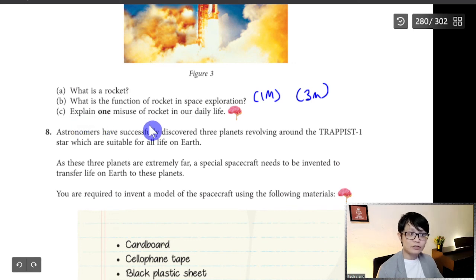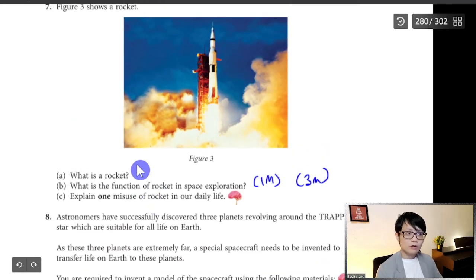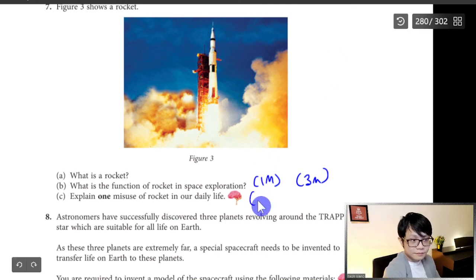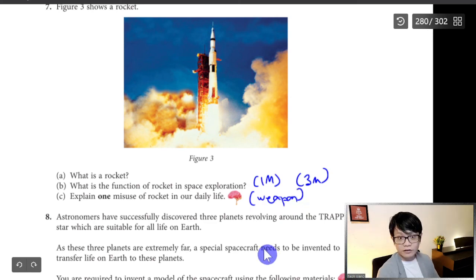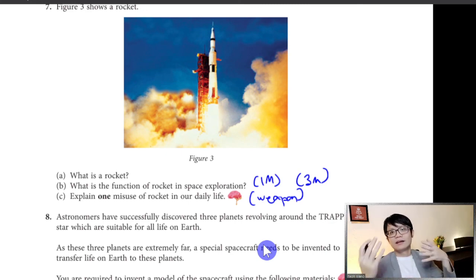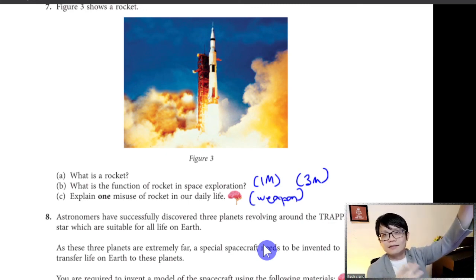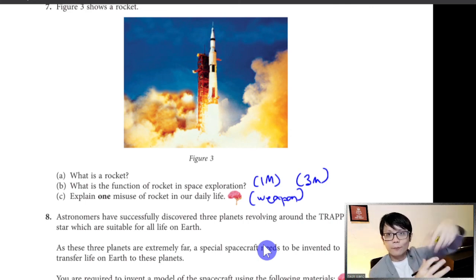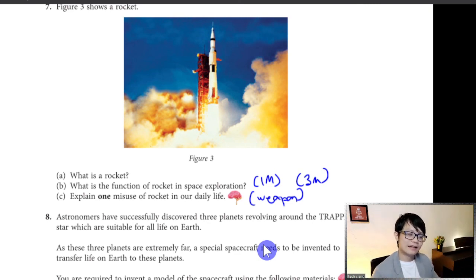Explain one misuse. Of course, one misuse is to kill people. One of the misuses is you can use a rocket as a weapon. Correct or not? Now they also use rockets to carry nuclear weapons. You want to use a nuclear weapon and you fire from here, it can fly to space, then turn, and after that reach a certain country, the thing comes down again, boom, and can kill a lot of people. Of course, I think right now they don't do this,